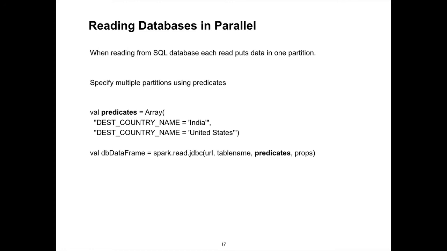A less good thing is that the default for reading a database in Spark is you do it in one partition, i.e. it's not done in parallel, right? You get it all in one partition, and then processing it is all done on one machine. Not good, right? If we want multiple partitions, we then have to specify that,